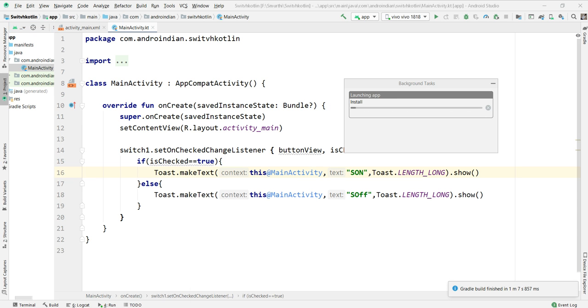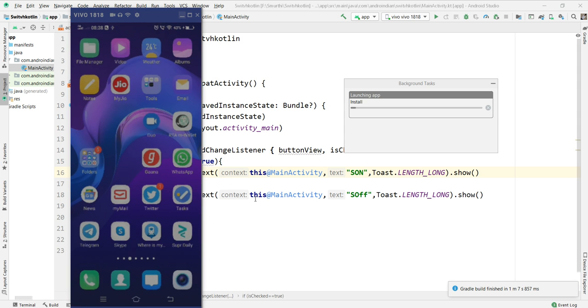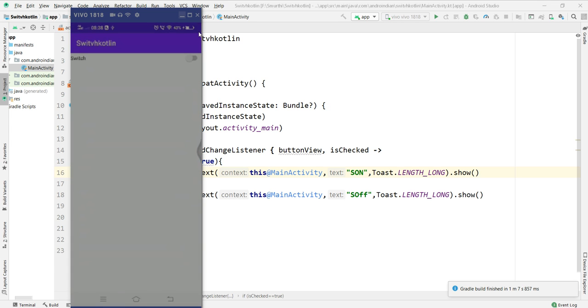Yeah, it's installing. Now we can check it here in the phone. See here, it's a switch. Now I turn it on. So now I'm clicking on this. It's on, off, on and off. It's working like this. So this is the switch in Android